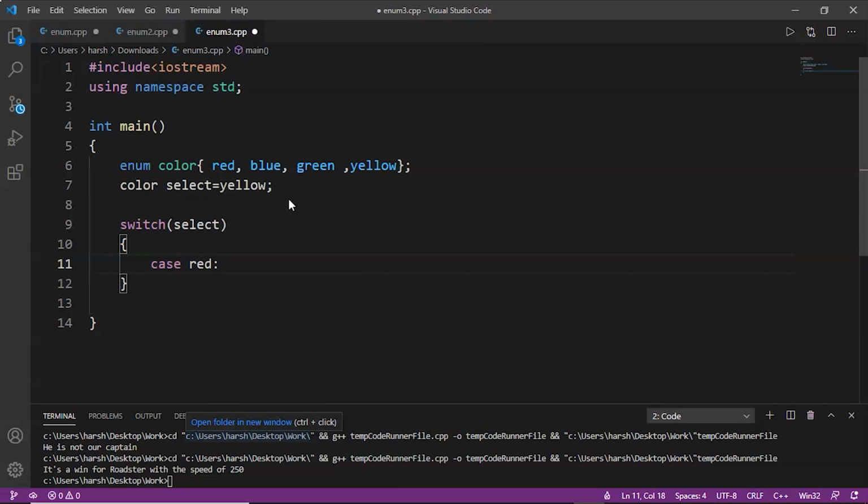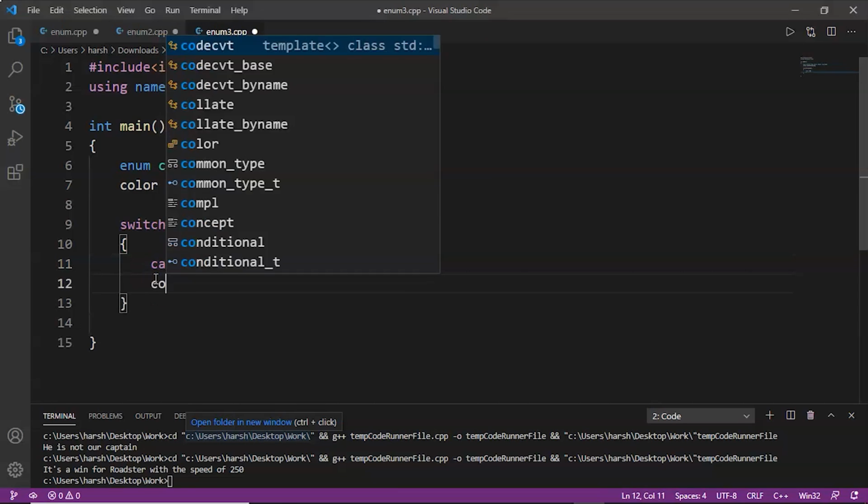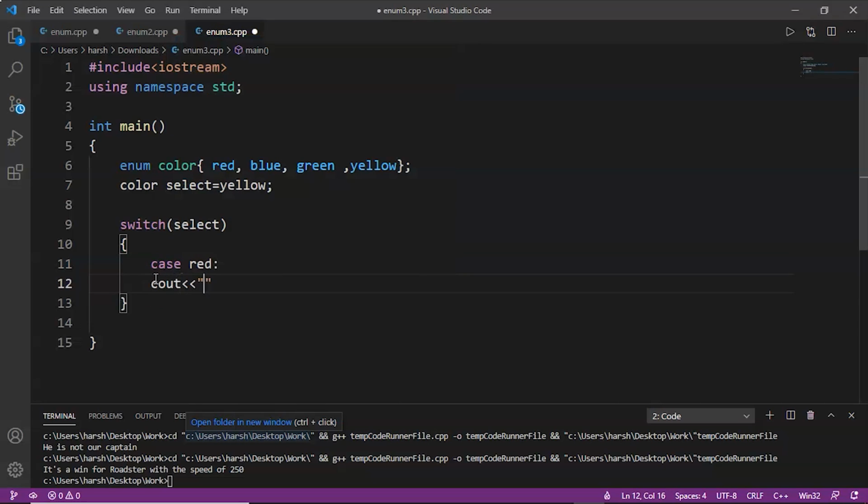First of all we'll write the case red with a colon in the end. Now we will print that it is red. Now we'll write the break statement. Break statement basically ends the case or terminates the case.